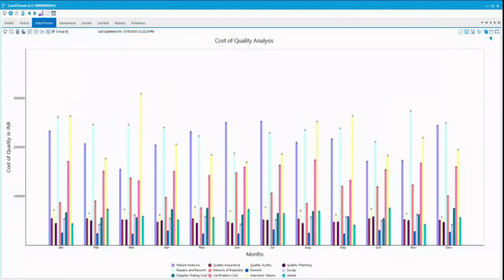Now, if you look at the cost of quality analysis over here, you will see suddenly there is a spike in warranty claims in March because your customer sent you the RMA forms to be filled out because they wanted it to be on that year's balance sheet. They accumulated everything and you never saw it coming in March. You are busy invoicing your customer, not realizing how much RMA you are getting. You see how lethal it is?